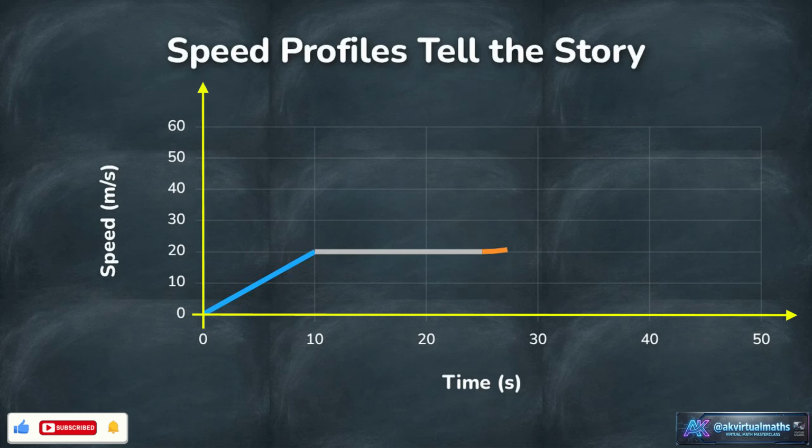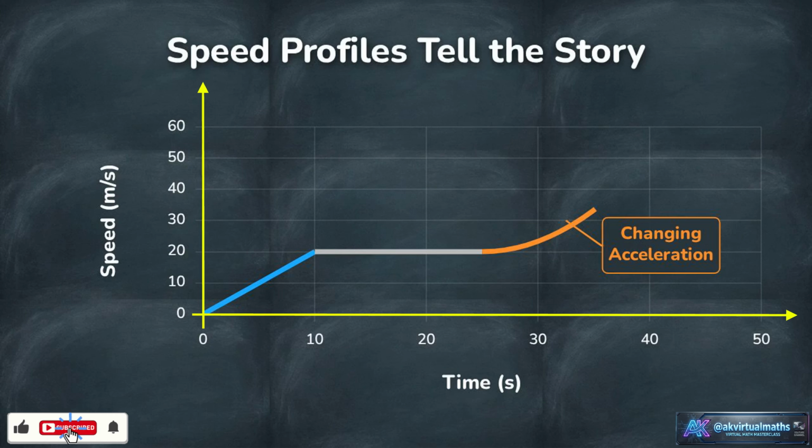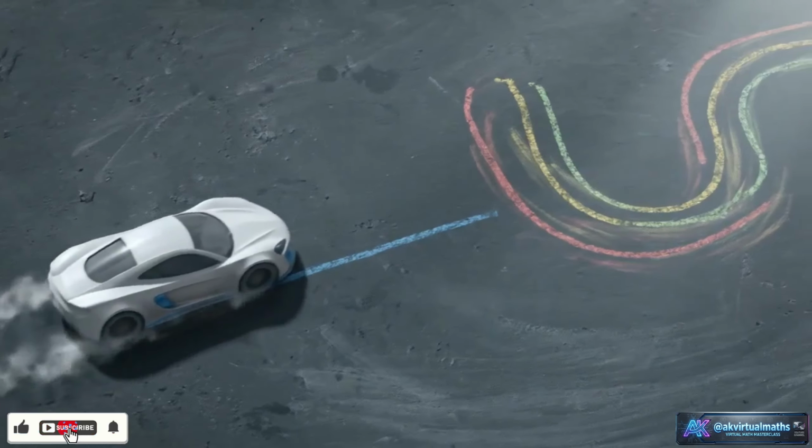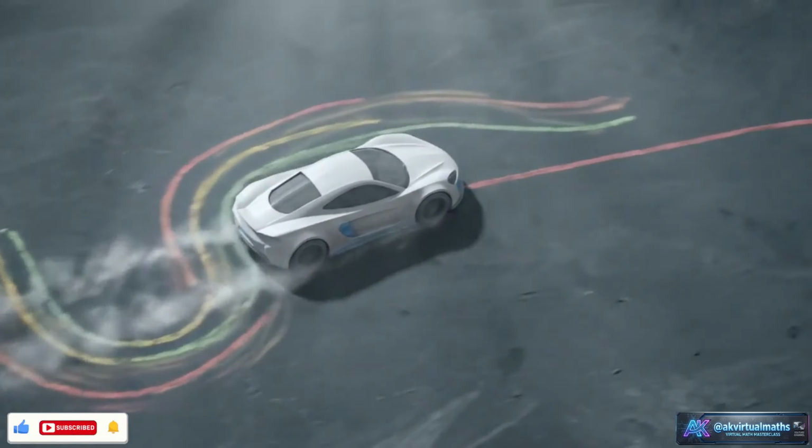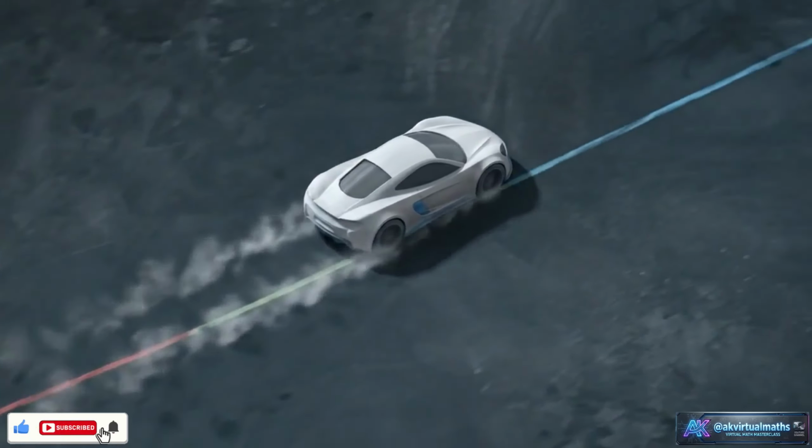Next, the line slopes upward again, but it curves. A changing slope means the car is experiencing changing acceleration. Finally, the line angles straight towards 0. The car is hitting the brakes, which results in a constant deceleration until it stops. Every slope and flat section on this graph acts as a record of a journey, showing exactly how an object